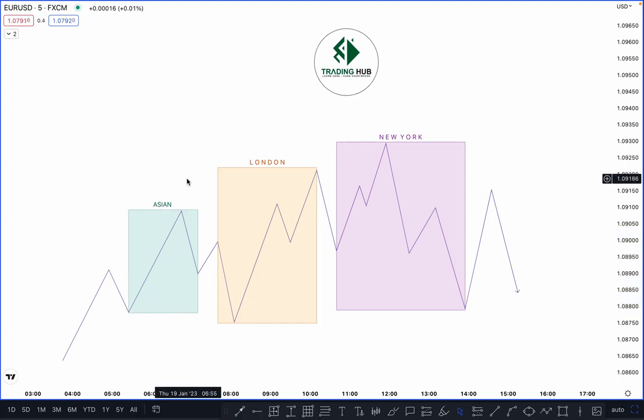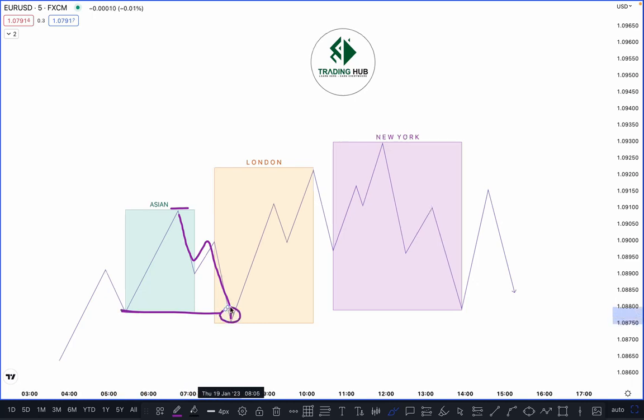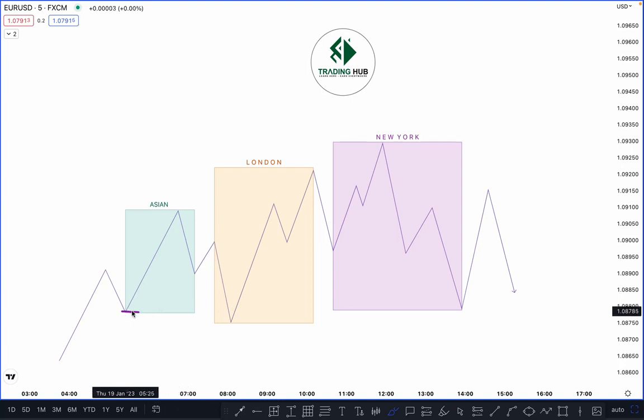So how can you trade it? You have to wait for a breakout, wait for the market to take out the previous session high or low, then you take a decision for the next move in the London session. For example, here is our Asian session low and here is the Asian session high. What happens if the market pushes downside and takes out this low? If the market takes out this low and just sweeps the liquidity, you can also buy here. If the market does not take out this liquidity and just closes below it,